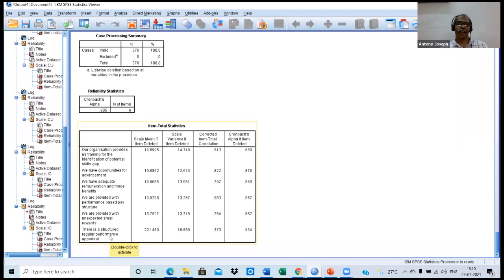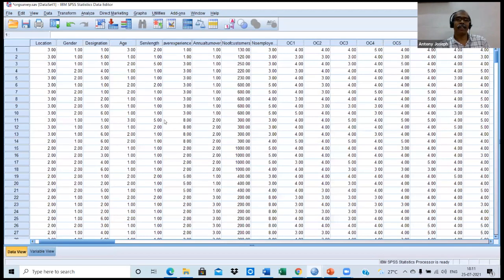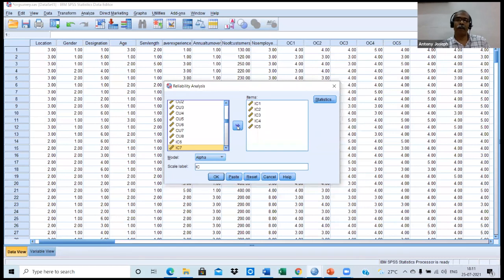So this is the last one. This must be avoided. Okay. Process is to be continued. You always remember this is a trial and error approach. You have to repeat the process until all criteria are satisfied. Okay, it's quite interesting. Okay, we are moving on. Analyze, scale, then reliability, last item. Okay, it is sent back. So now the number of items is reduced to 5.